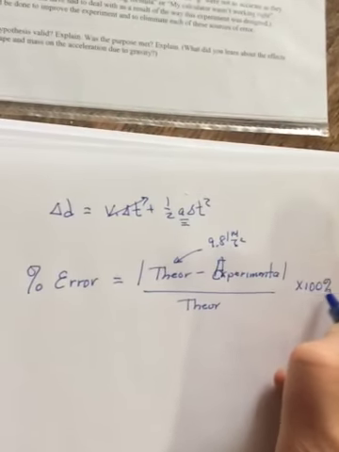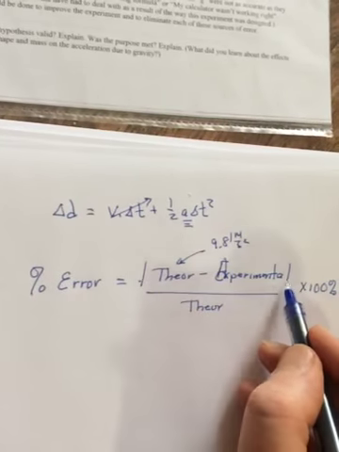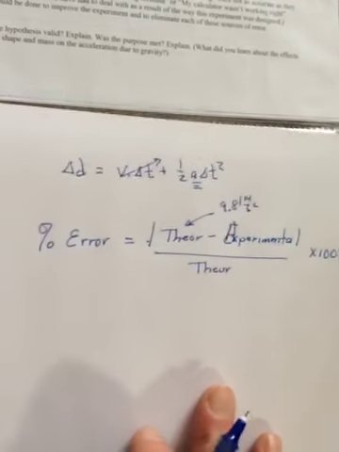Going to run out of time here. These are called absolute value signs. So if